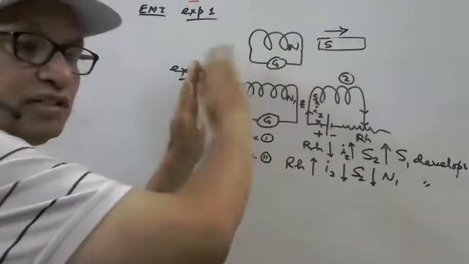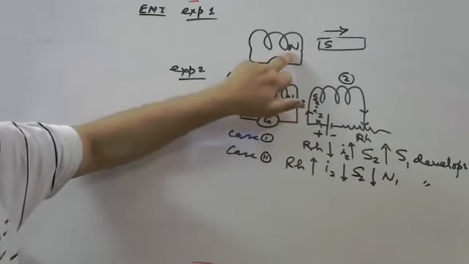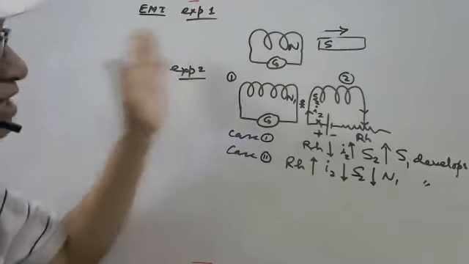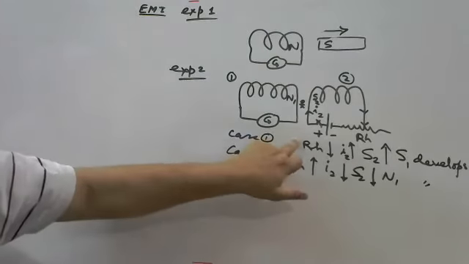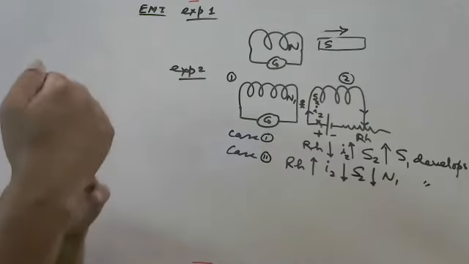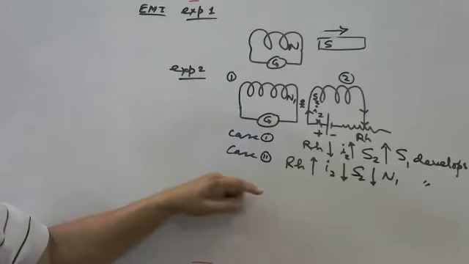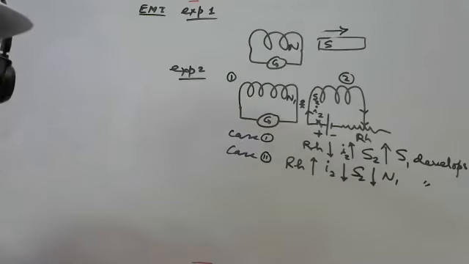Suppose this south pole is moving away, this is becoming weaker, so north pole develops here, north pole and south pole. This is an attraction force, and against the attraction we have to do work, and that is converted into electrical energy. Similarly here also, if any increment is there, it is opposed as per the Lenz law. If any decrement is there, again there is opposition. So as per the Lenz law, always opposition. Got it?